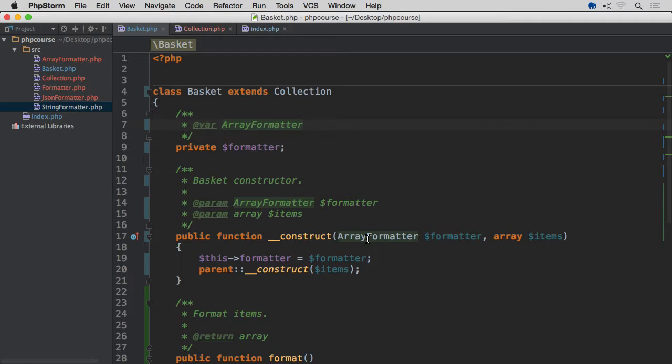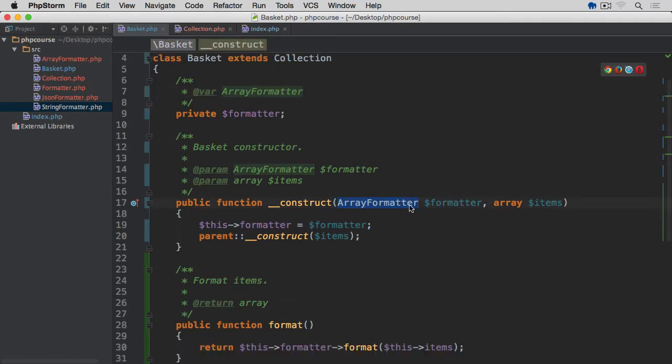Well, we learned about interfaces. Interfaces as well as abstract classes can be used as arguments. So anything that extends the given abstract class or anything that implements the given interface can be used as a type hint for our argument, for our dependency injection. So rather than having this as array formatter, strictly declaring that we want to use array formatter, and then we're going to have problem if we want to use JSON or string formatter or any other formatter that we may create in the future,